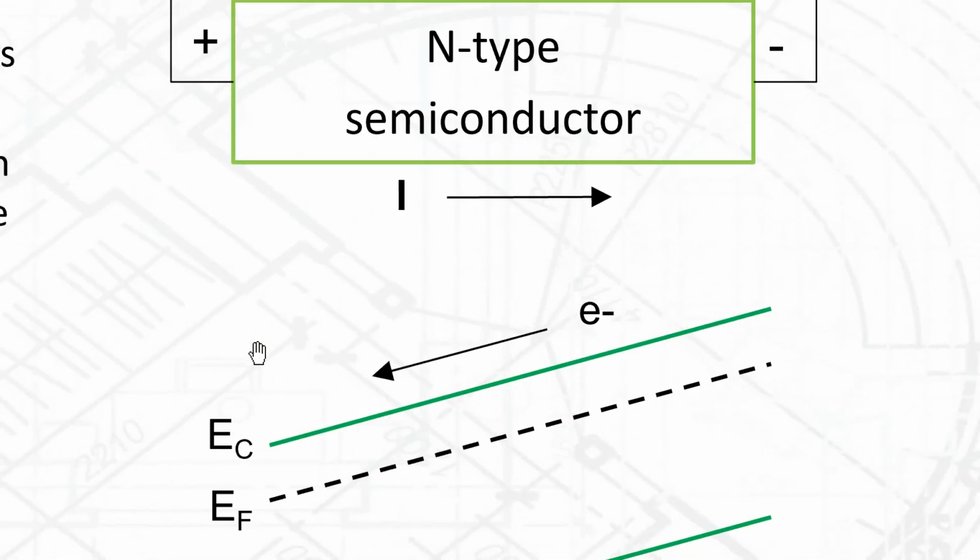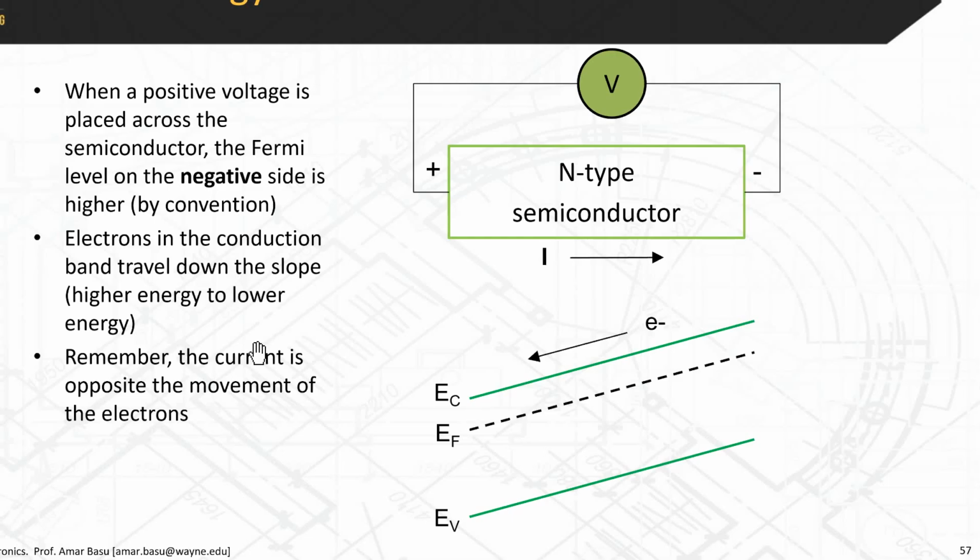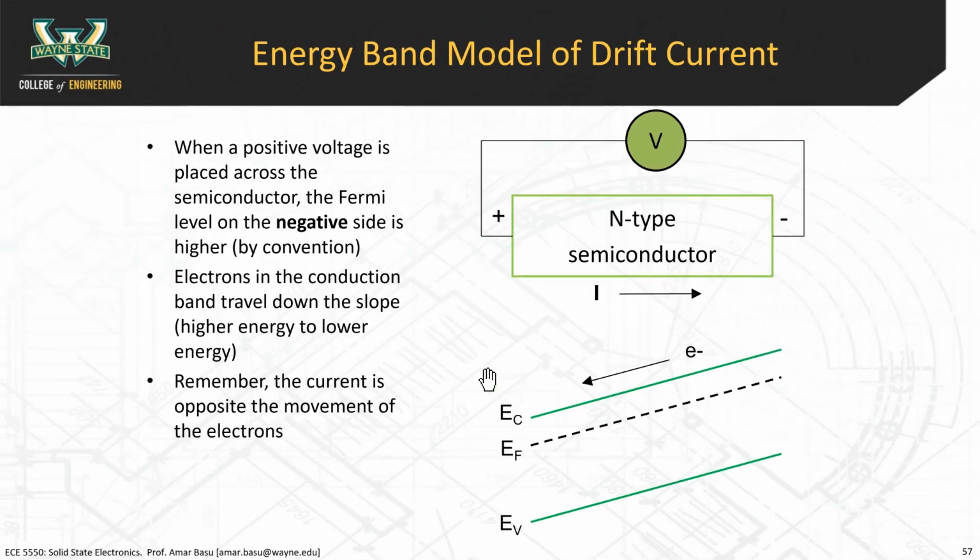So that's sort of the philosophy of the energy band diagram. The electron has high energy on the right side. It has lower energy on this side. So what's essentially happening is that these are all energy states, right? Everything above EC, there's a band of energy states. So there's a whole bunch of